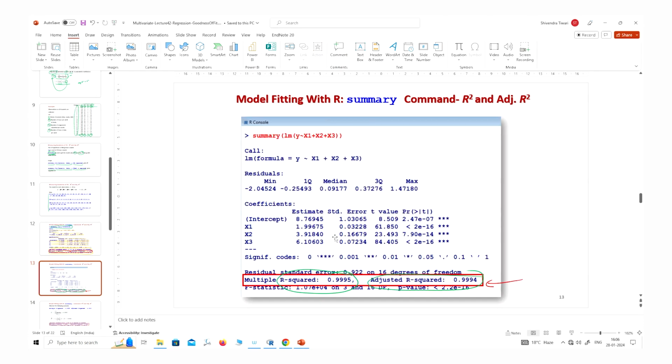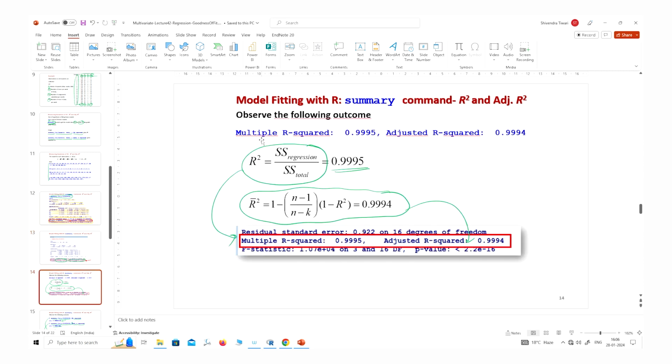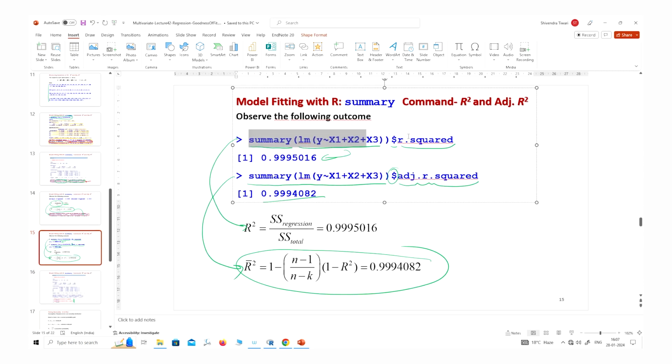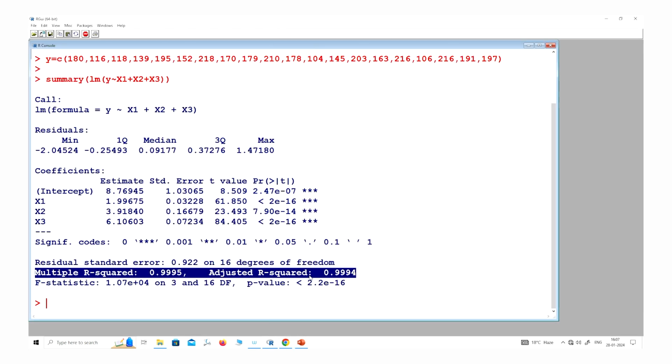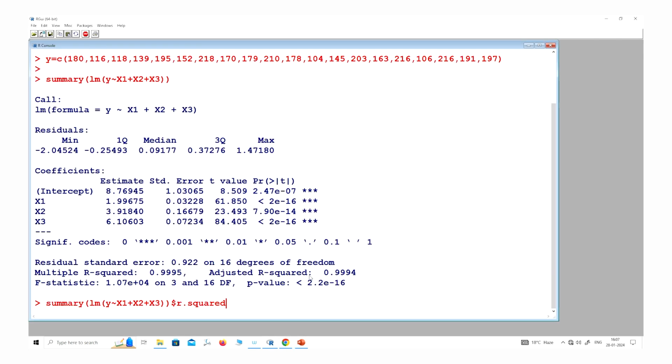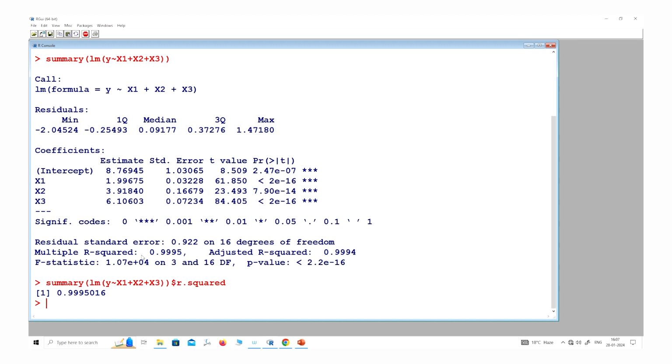And in case you want to find out only the standalone value, then I have to use this summary lm command with this dollar r dot squared, and you can see it is giving here like this. So whatever is the value here 0.9995, this is mentioned here also.